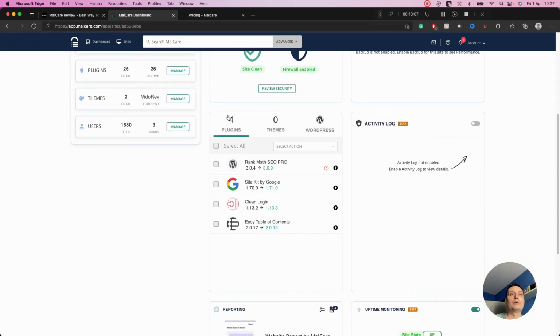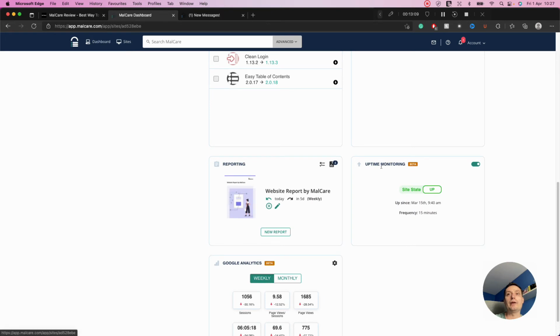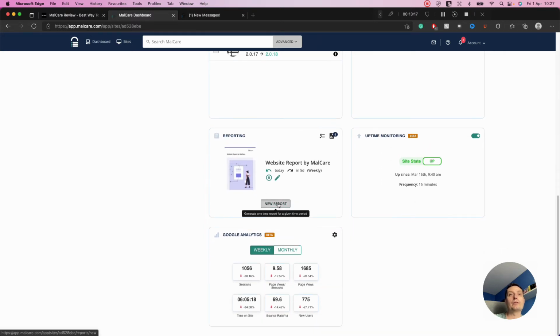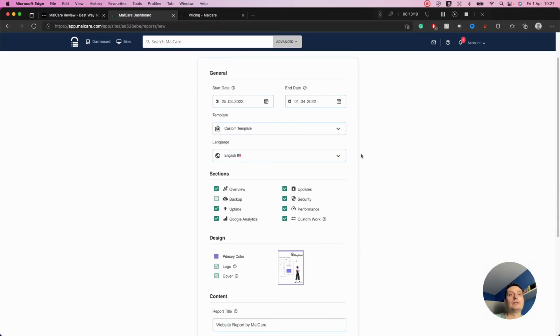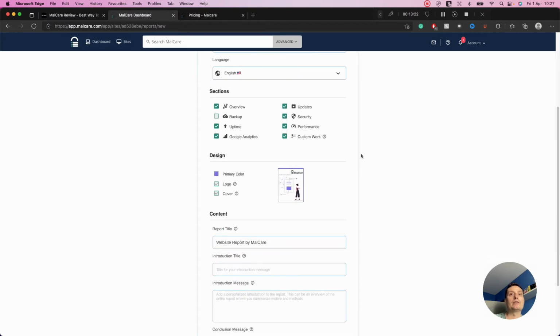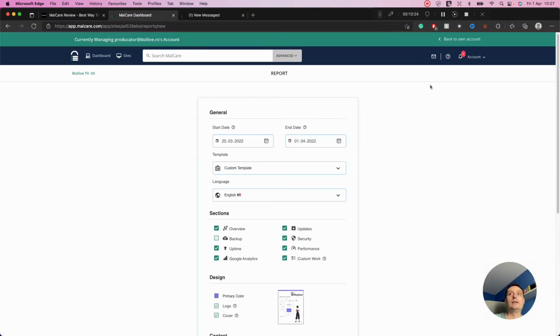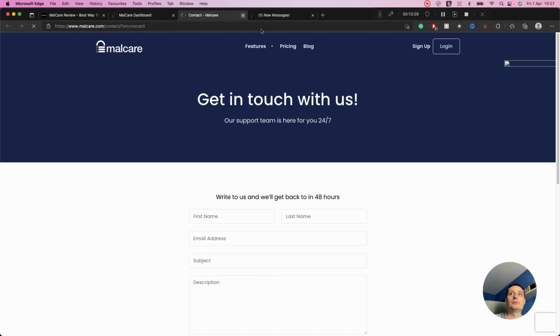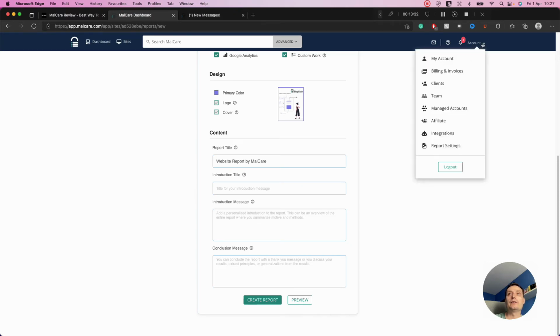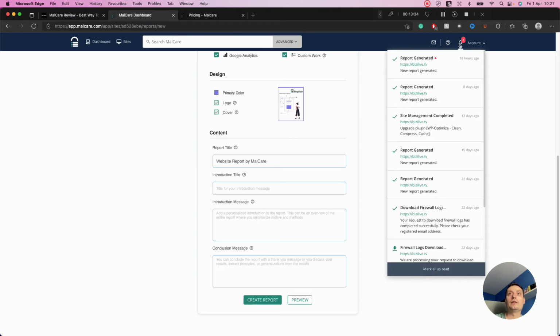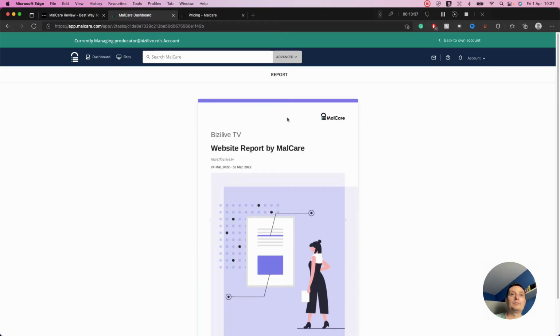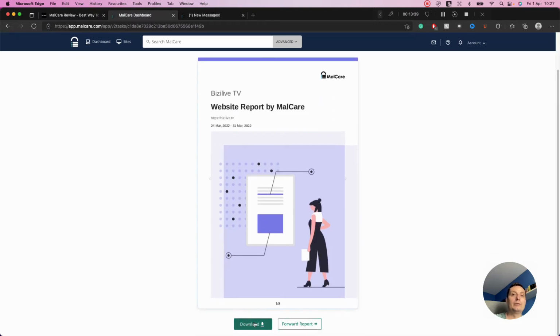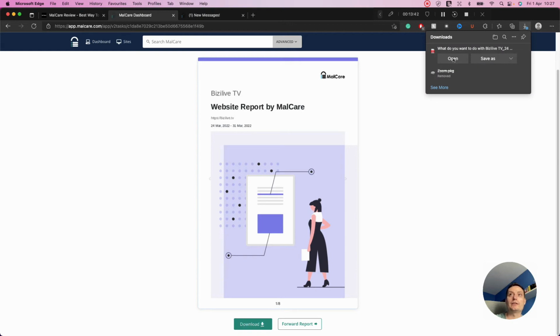So okay, you have the uptime monitoring that is happening in here, and you have a report that you can check. Let's create a report. I think I have already one. Sorry, this is the support tab. Let's see, in here we should have the report. Let's download it, and in here we just see what they have